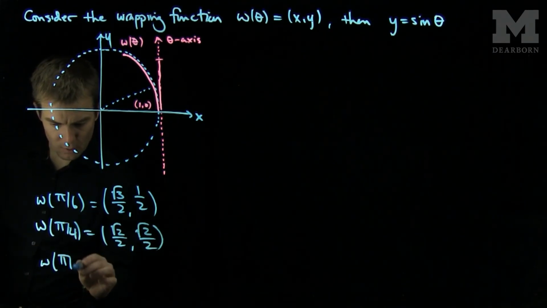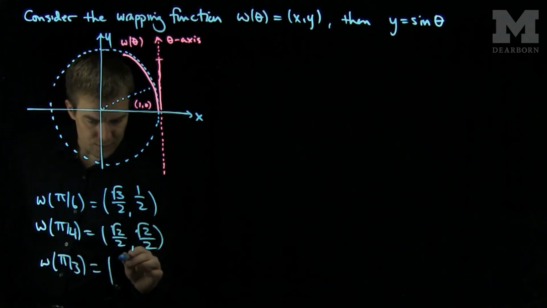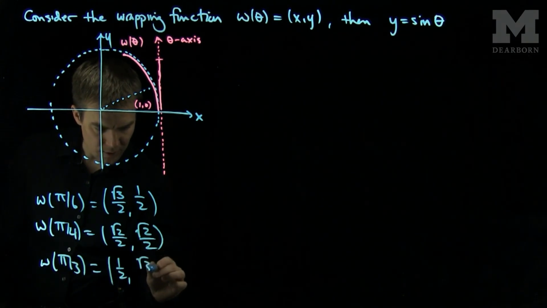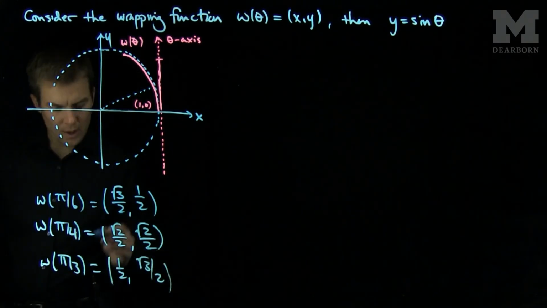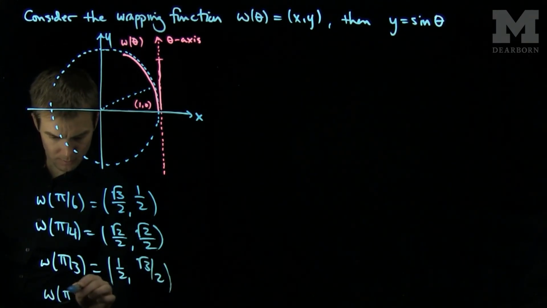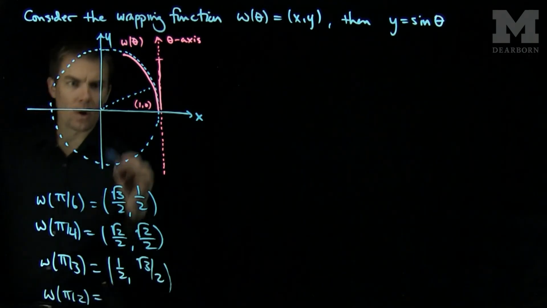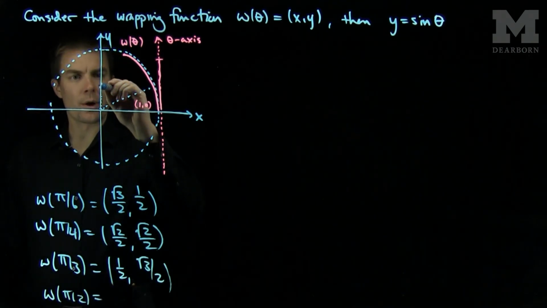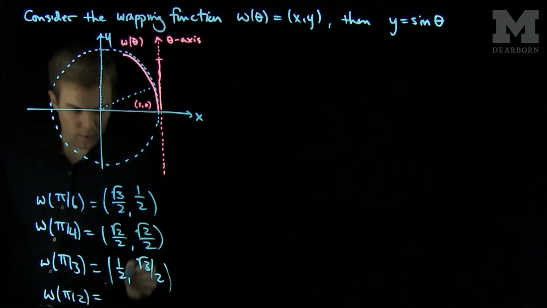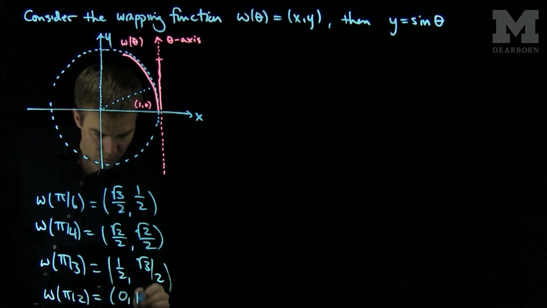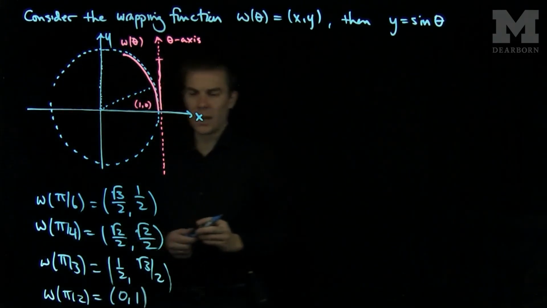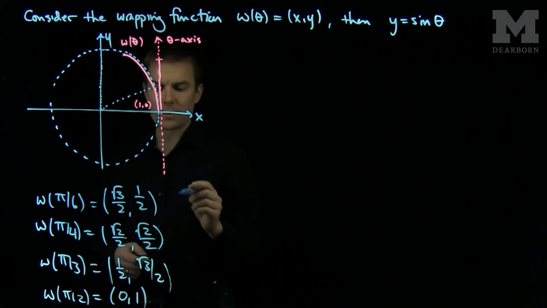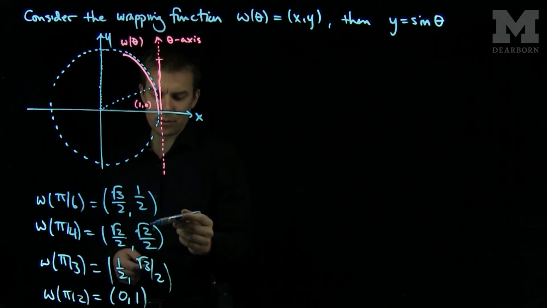W of pi over 3 was 1/2, root 3 over 2. And then w of pi over 2 was at this point over here. That was a quarter of the way around the unit circle, and that's all the way up at the point 0, 1. And if we keep track of the y values, they go from 1/2 to root 2 over 2 to